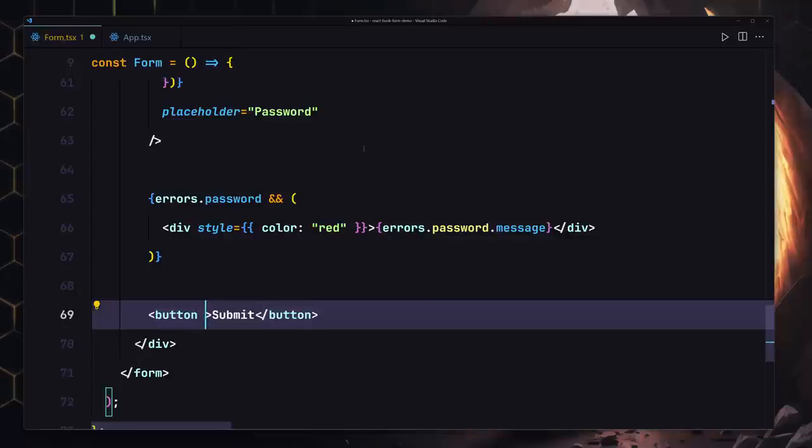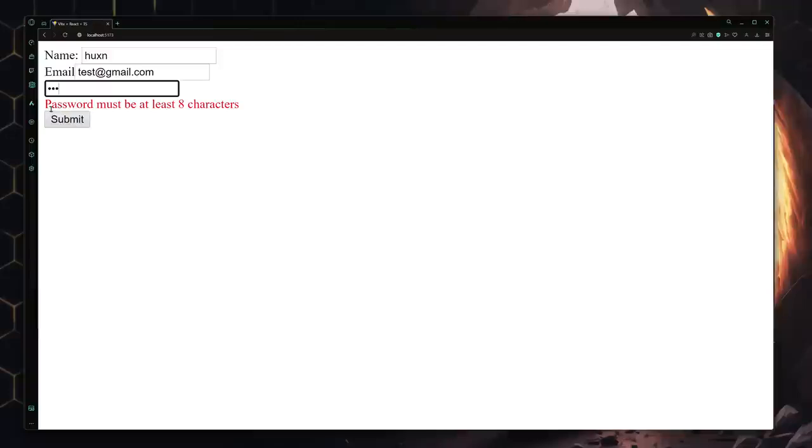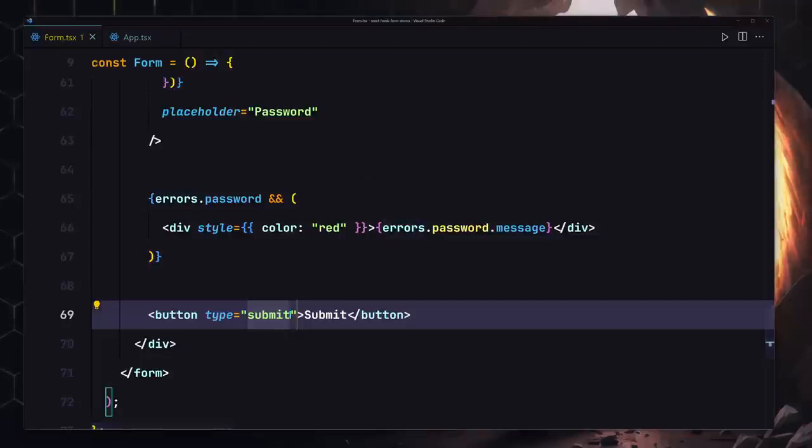And now we are going to be also providing a type of submit to that. So if I save my file, now let me just fill this form. So I'm going to just provide the name of Hussein and test@gmail.com, and I'm going to only provide 1 2 3. And now if I click on submit, it's going to give us that error: password must be at least 8 characters. If I write 4 5, still 7 8 9 10, and here you can see that it is now successfully gone. So yeah, this is how we're going to be working with the validation or the React hook form